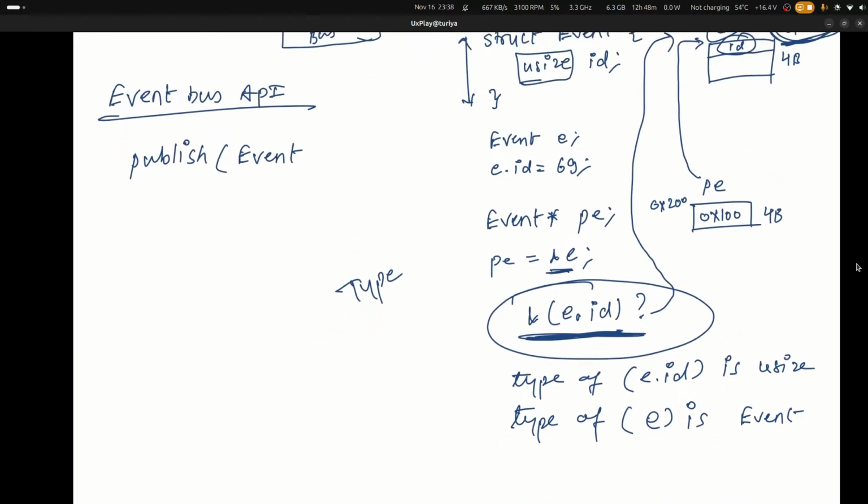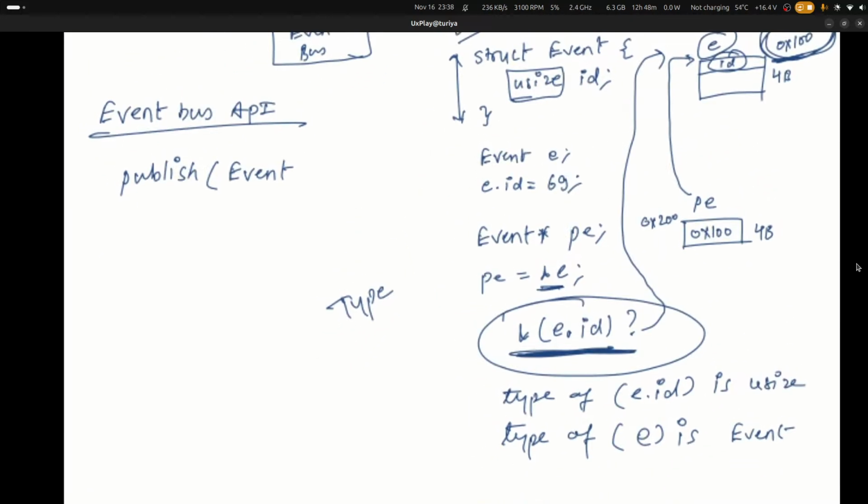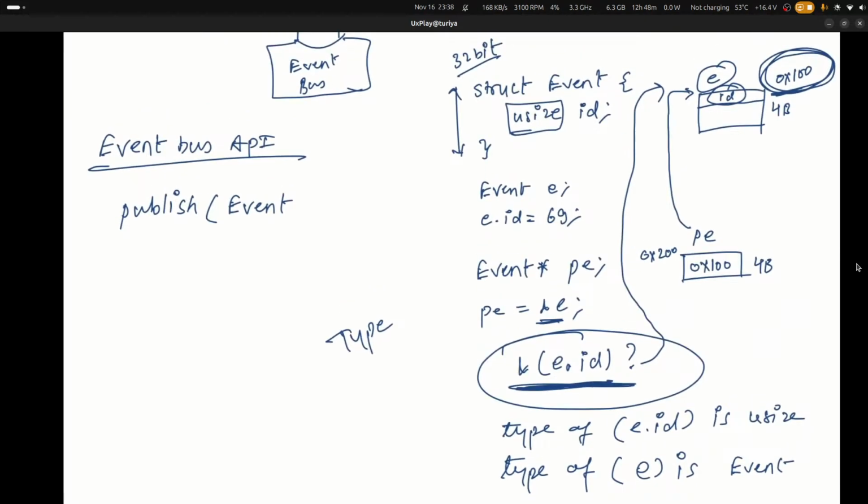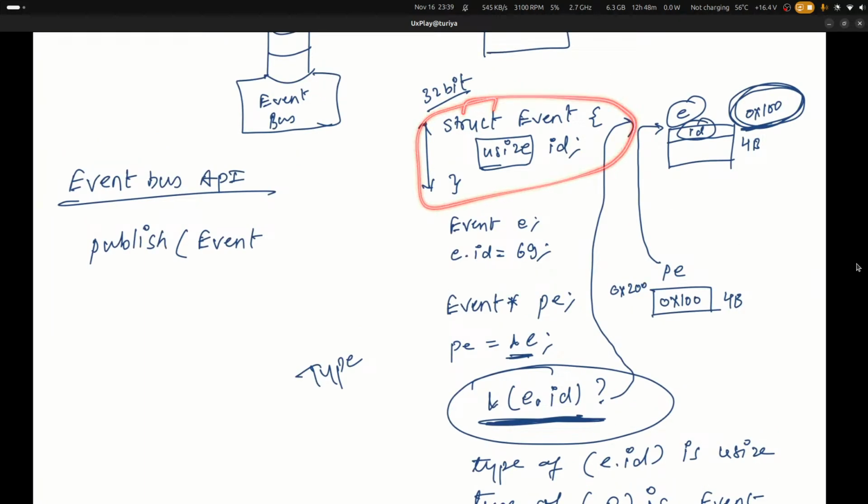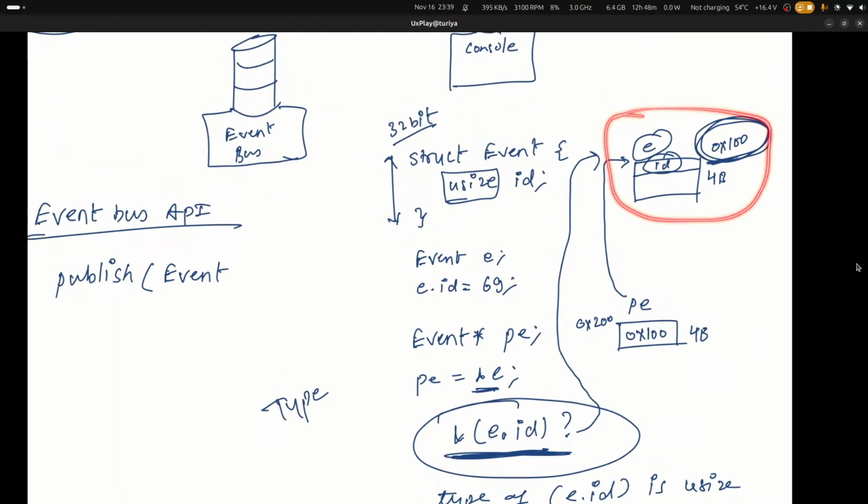Now based on this core idea, just remember this struct and this thing in mind. Now to rewrite things,